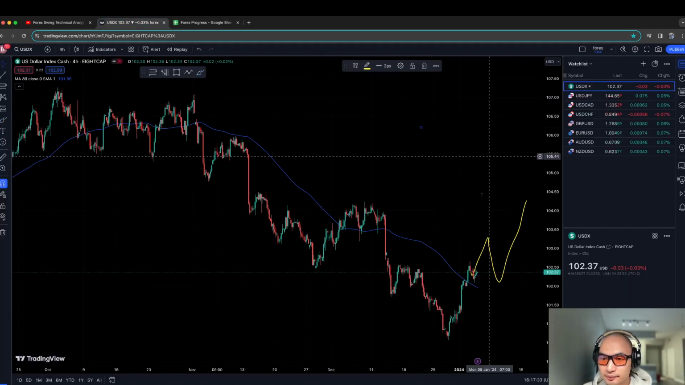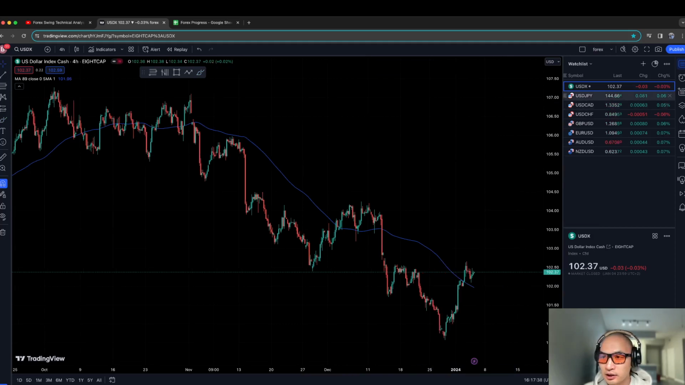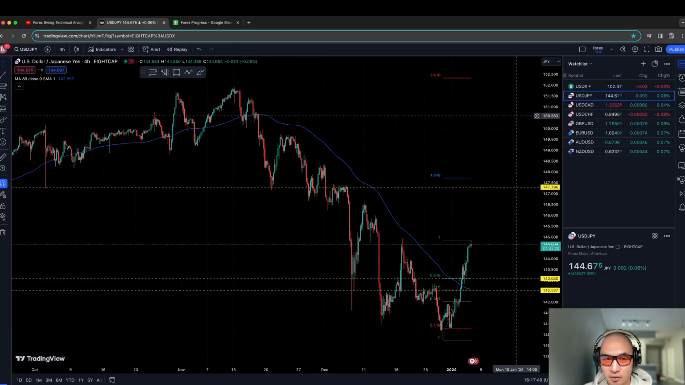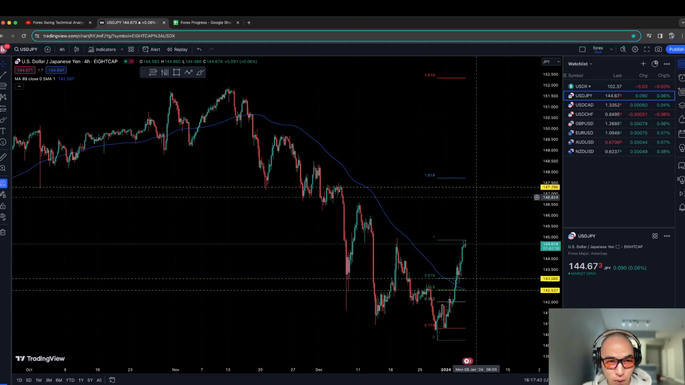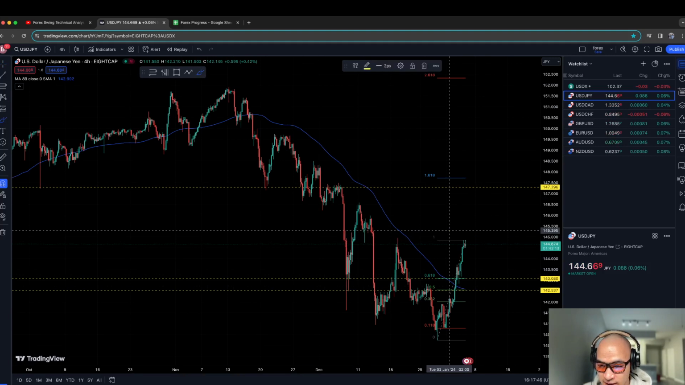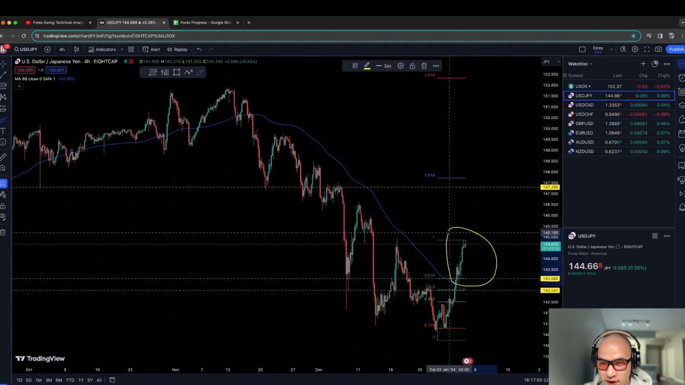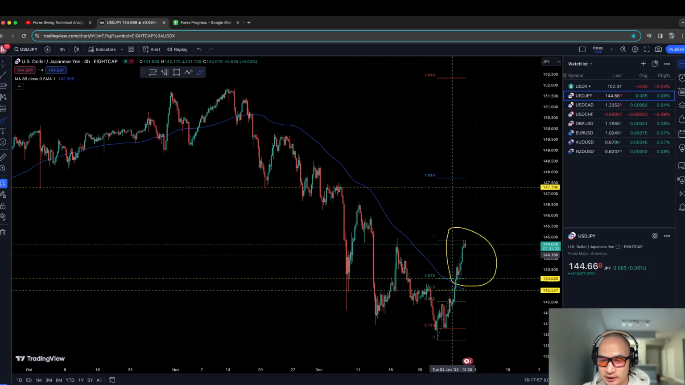Okay, now let me remove that drawing. Let's take a look at USD Japan yen. Here also we have 10 candles that nicely closed above the moving average, meaning that an uptrend has started in USD Japan yen, and we have the nice